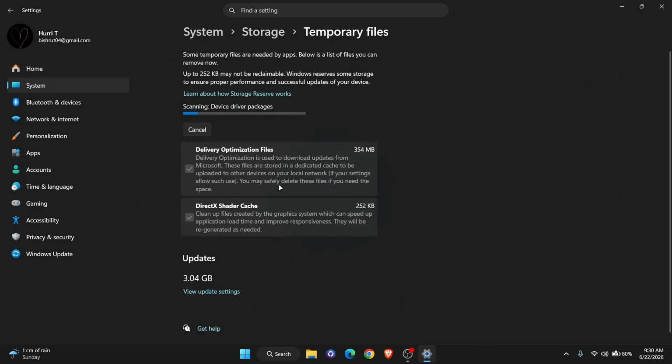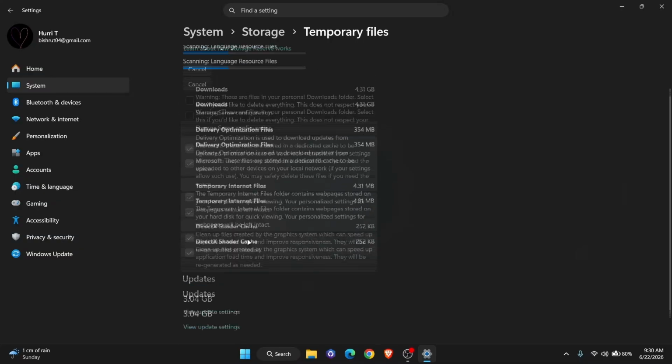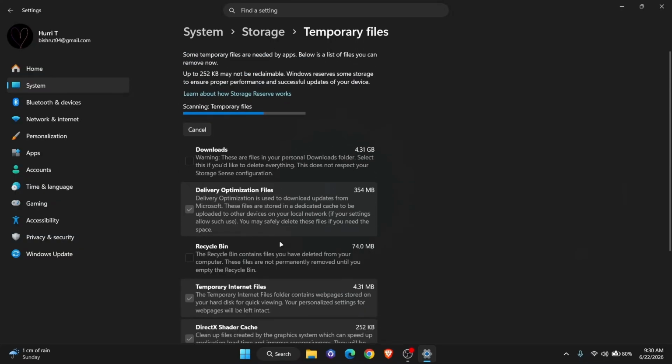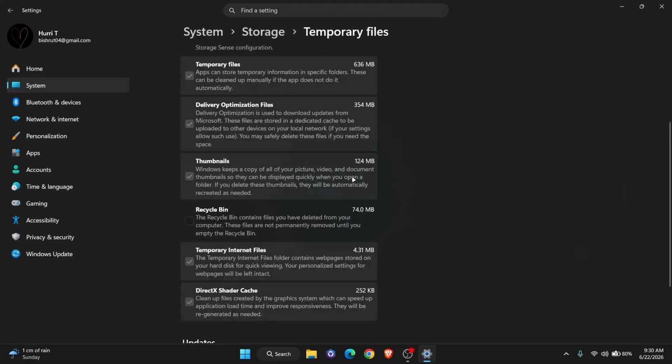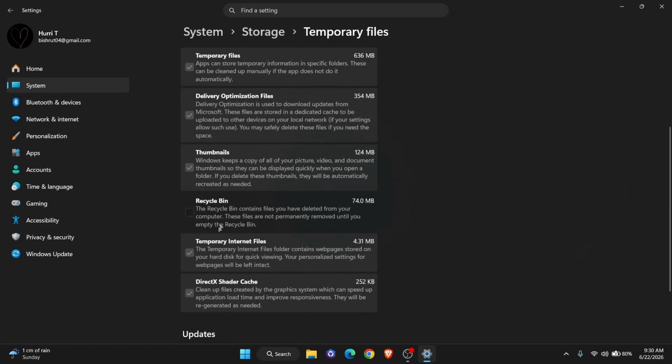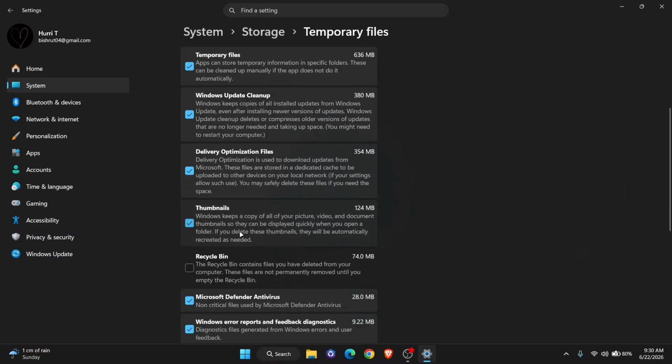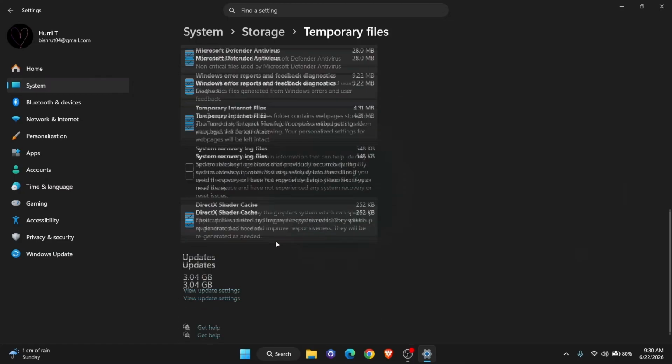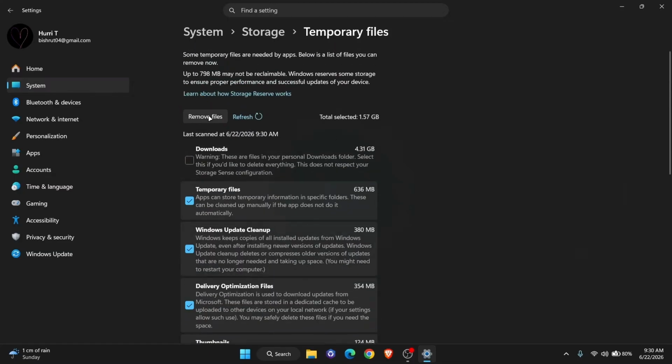From here, Windows will scan and show you a list of different types of temporary files, like recycle bin contents, Windows Update cleanup, thumbnails, and delivery optimization files. Go through the list and check the boxes next to everything you want to remove. Following this, once you've made your selections, click Remove Files at the top, and Windows will delete everything you checked